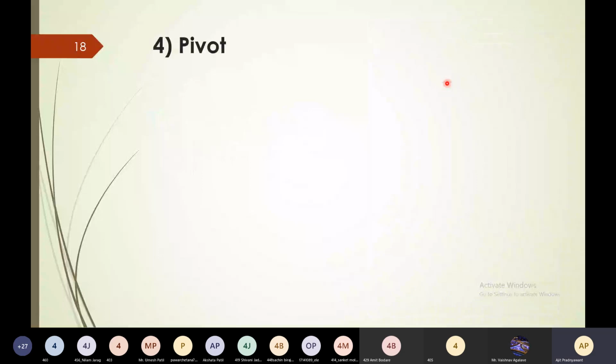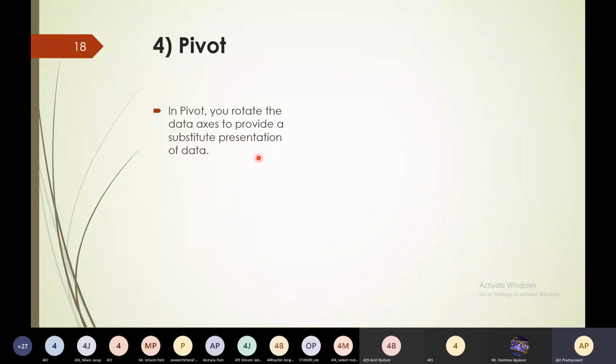Next operation is pivot. In pivot, you rotate the data axis to provide a substitute presentation of data.